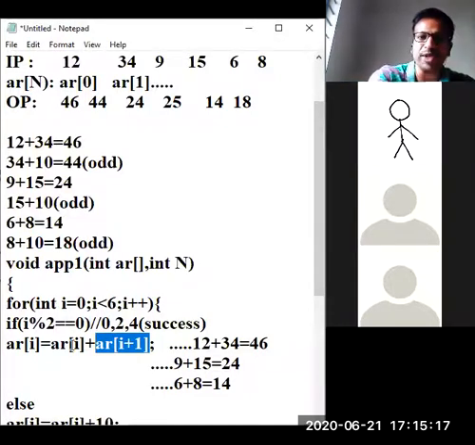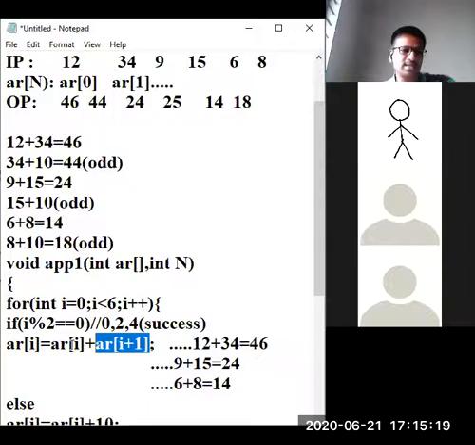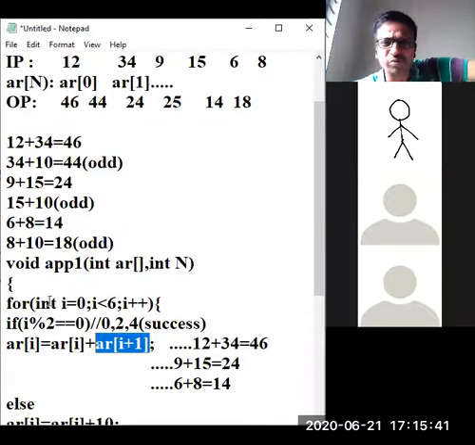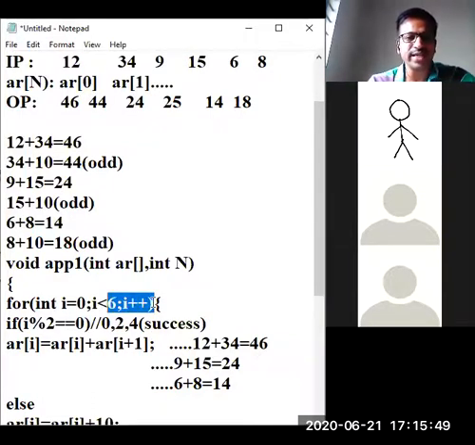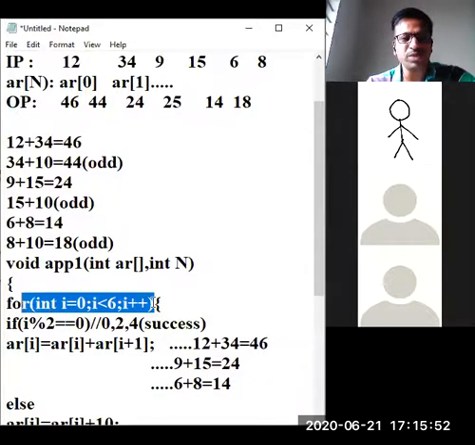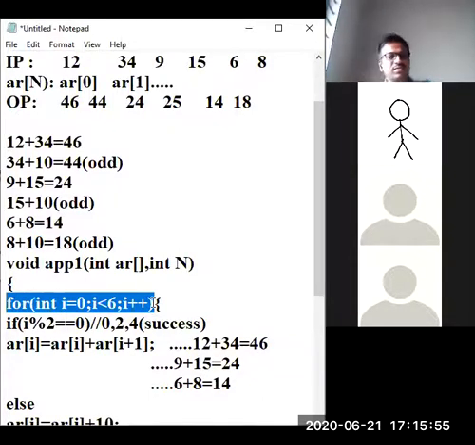So if you can have a setup like this, you can easily write a program like this. So AR of 0, 12 is there, and 12 should get added with 34. It makes 46. Then the immediate element will come because i will increment. i will take 1. You all are very familiar with for loop, if condition, and these things. So a few things you have to remember, like for loop you have to design carefully. Don't miss this.